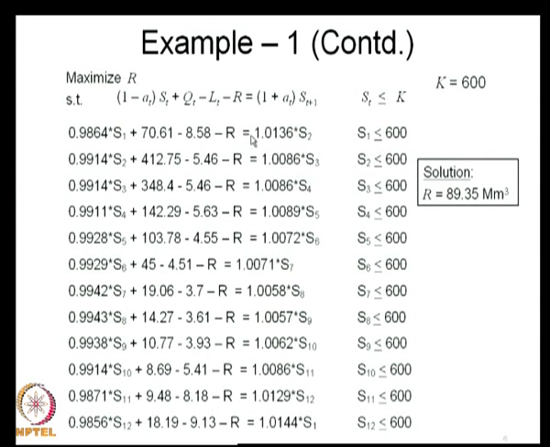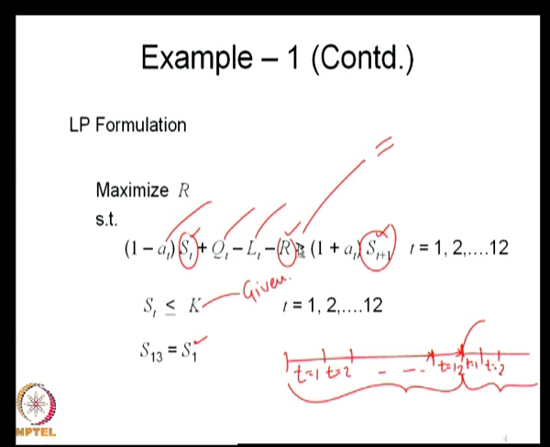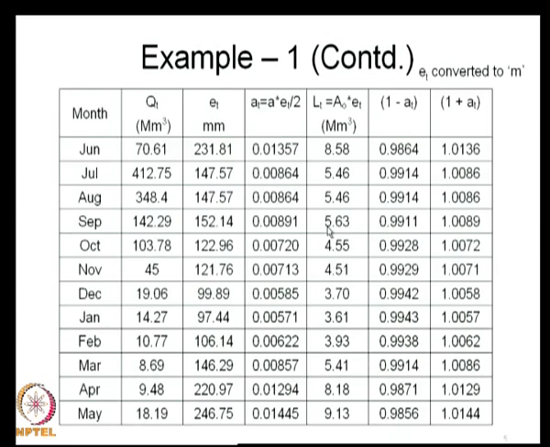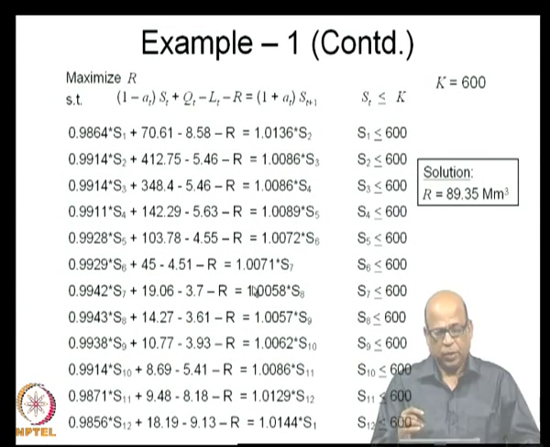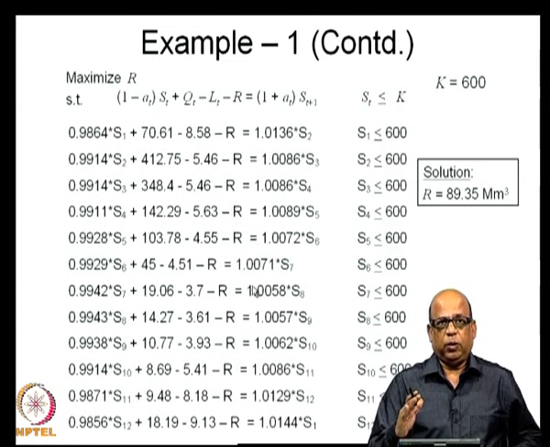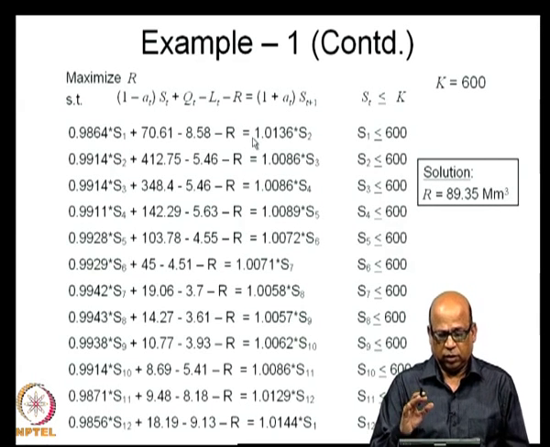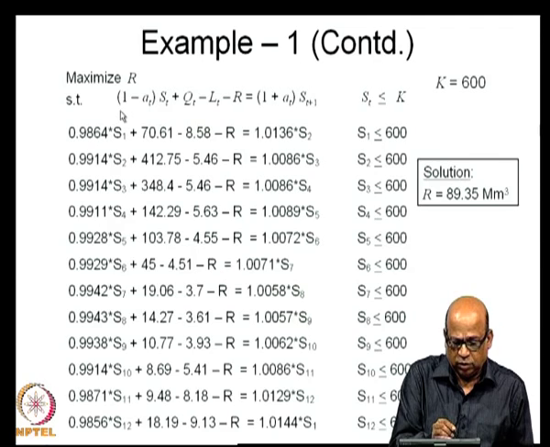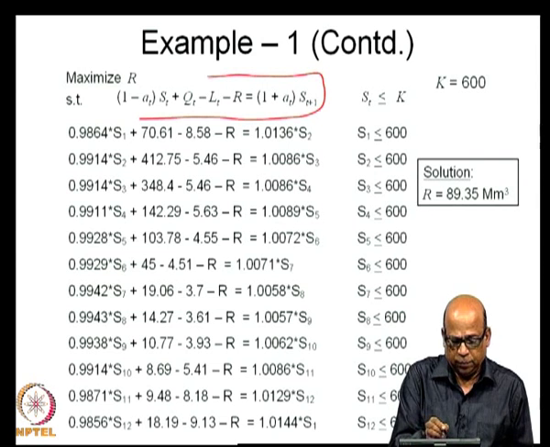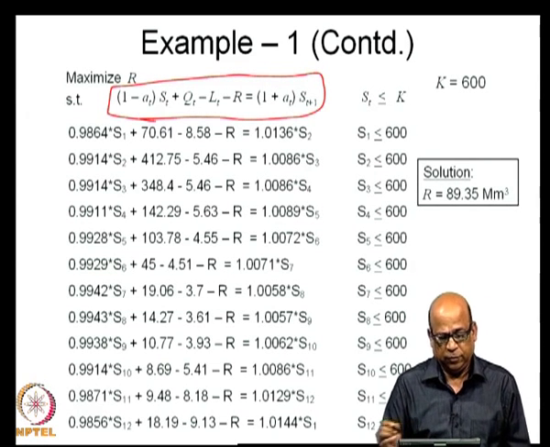Now, to begin with, we will start with equality constraints. Although we wrote greater than or equal to, strictly it should be equality constraints. So, let us begin with equality constraints here. Do not get confused between whether we use equality, greater than or equal to, less than or equal to, etcetera. Remember that the continuity equation strictly is in this form. This is the form of the continuity. This is actually the mass balance.